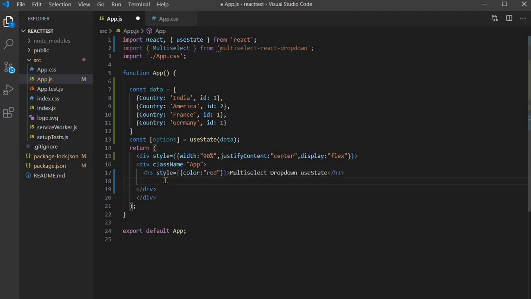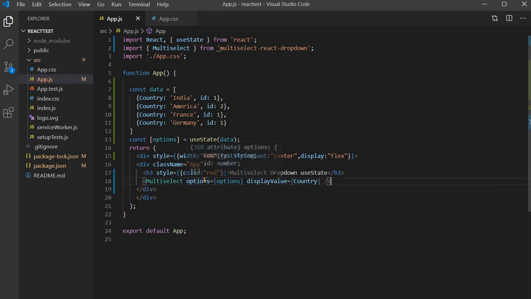Inside this div just create the multi-select, and for the multi-select options we pass the options useState variable that we have created. Just add that over here, and for the display value, what we have to display is the country.